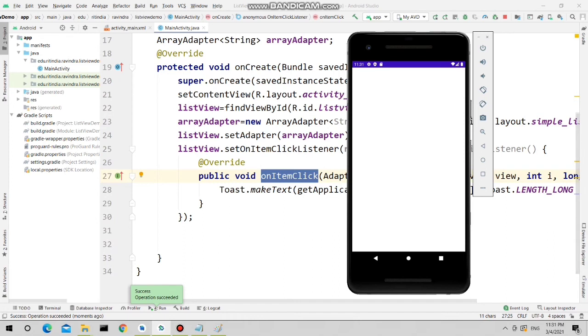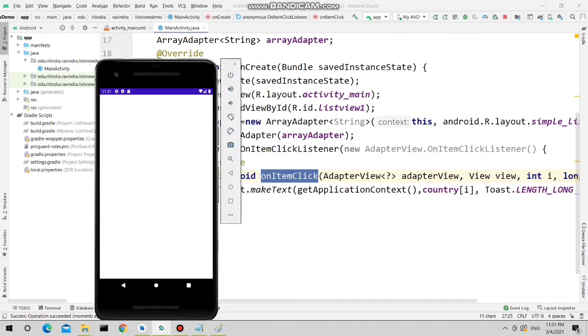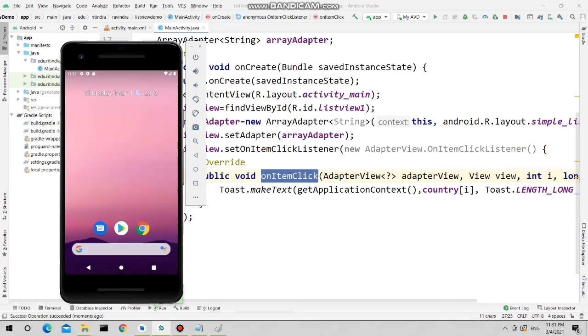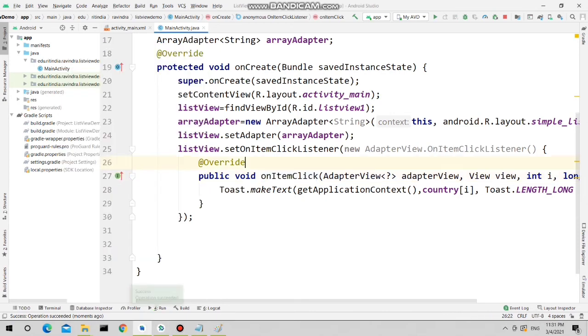You see the output. See, this is the list view. So whenever you click on any item of the list view, it will display the item name. You select Nepal, then it will display Nepal. You select Sri Lanka, then it will display Sri Lanka, like that.